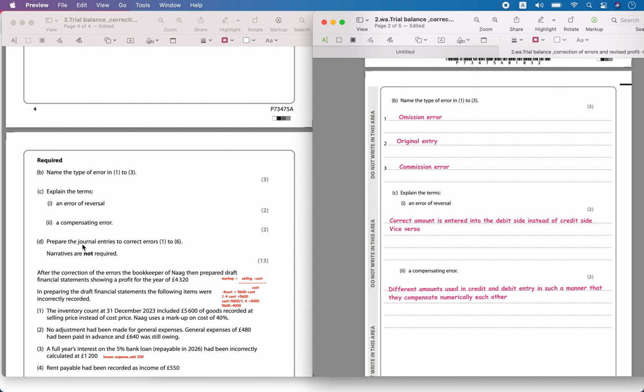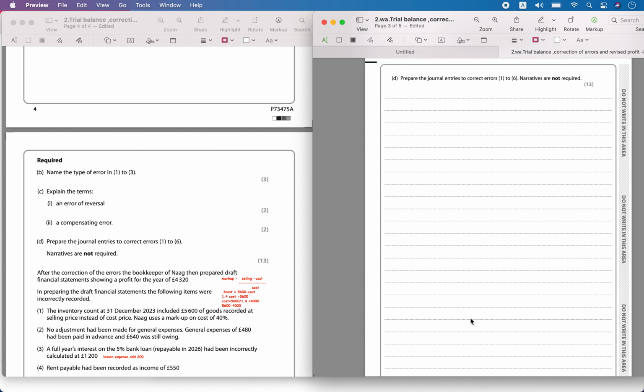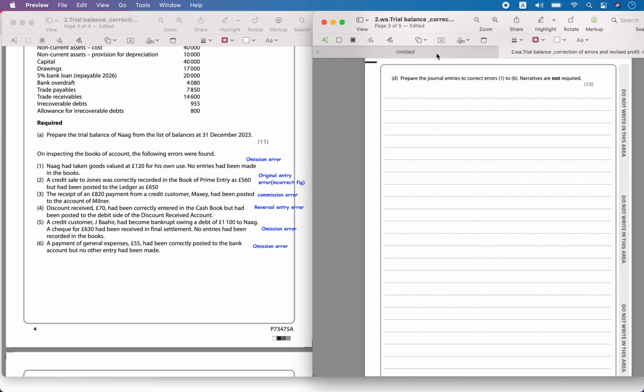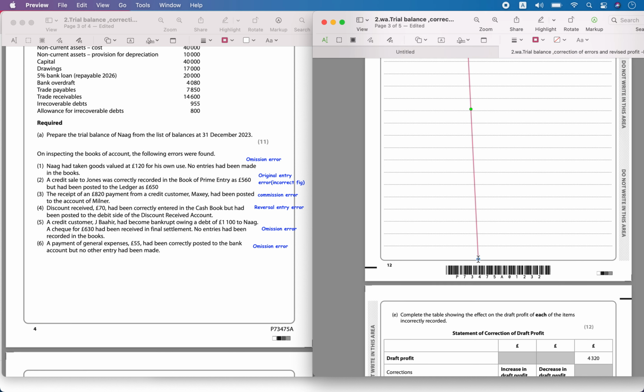Now the next one is to prepare the journal entries to correct the errors from 1 to 6. Narratives are not required. So let's try to correct the entries. So let's put the correct entries. Okay. So the first one is